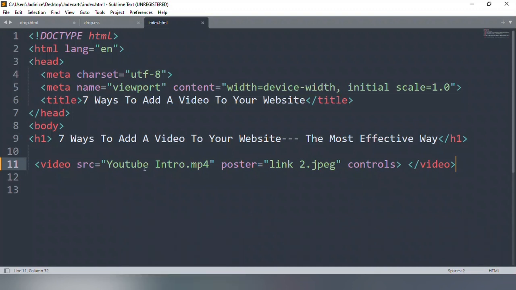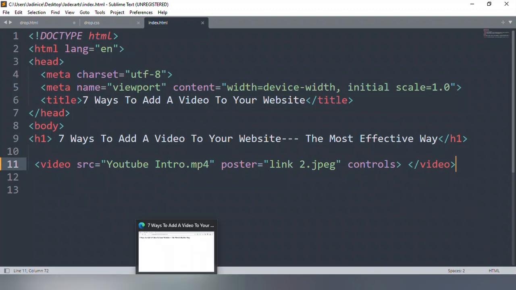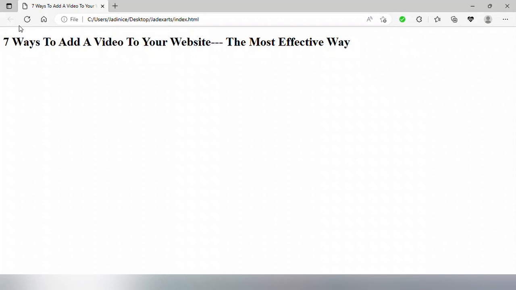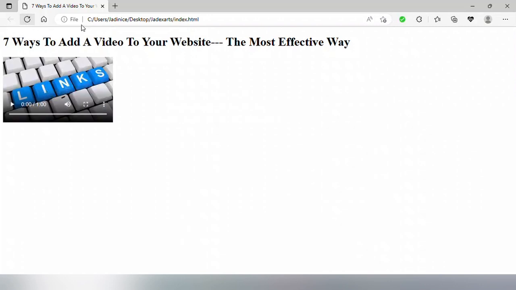So this is the source code to adding a poster to your video using HTML, or in this case you could call it a thumbnail. The video source, the poster, and you can add the controls. So I'm going to save this and then we'll refresh, and there, you see it?